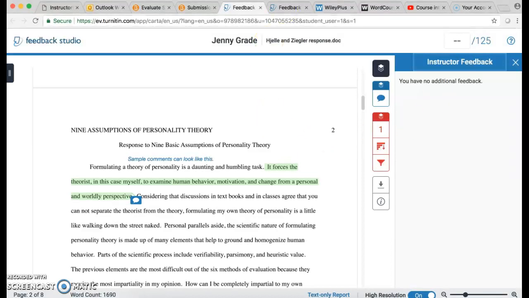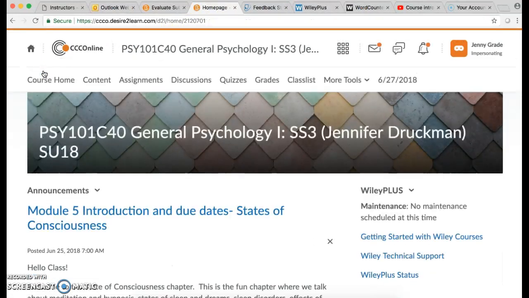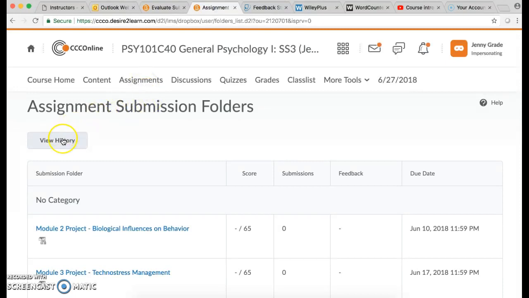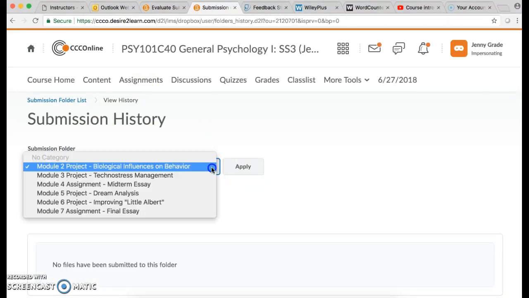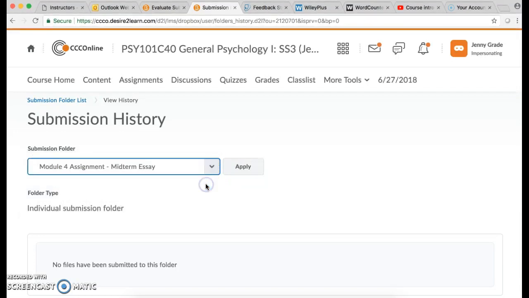Let's do that one more time. We'll close that window, go back to our course home. You find your feedback by clicking Assignments, viewing History, find your project, click the midterm, hit Apply,